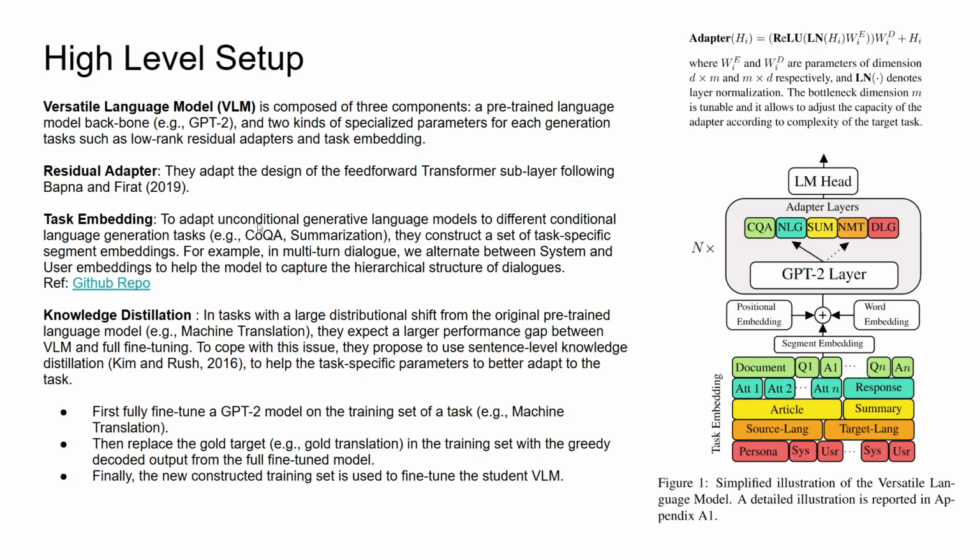And then they also have these task embeddings. So they want to adapt these language models to different tasks which have some conditional behavior. So for instance, for summarization, you have a document and then you want to generate a summary, or for question answering, you might have a bunch of questions beforehand. So they want to denote this somehow to the model. So for this, they create these task embeddings. And these task embeddings are basically embeddings of things like, say, article, summary, or source language, target language,